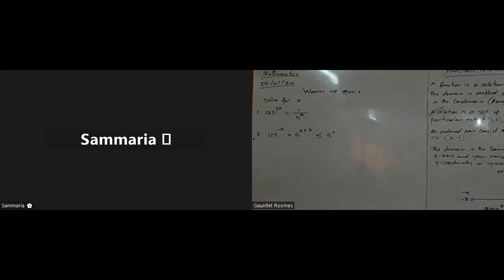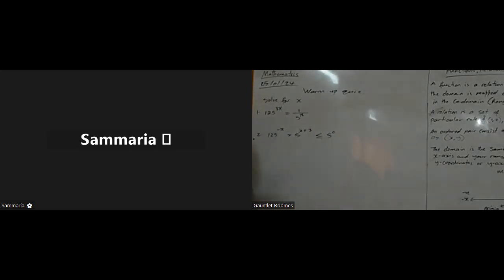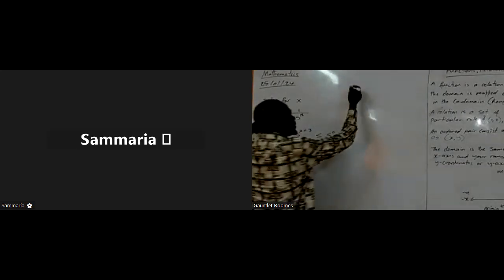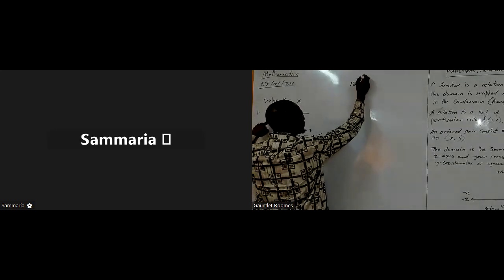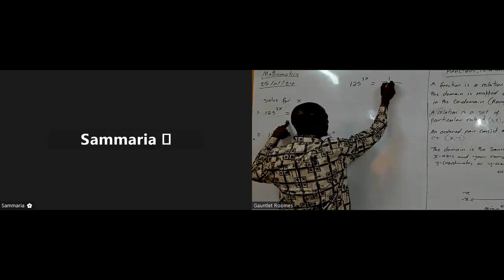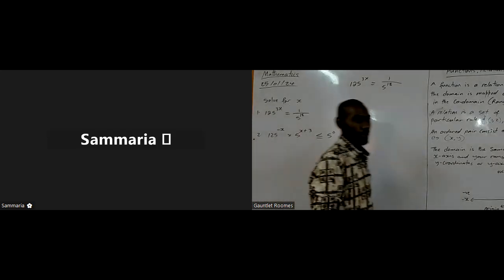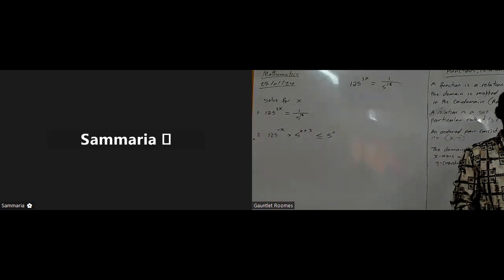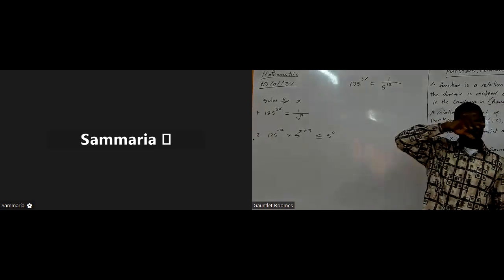All right, so let us run through these questions. Question number 1 asks us to solve for x. So that's 125 to the power of 3x equal to 1 over 5 to the power of 18. Right, so our aim, when it comes to this equation, is to get the